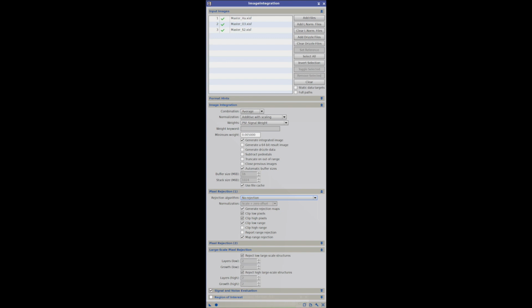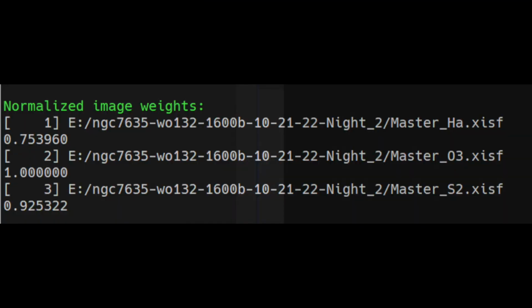They're brought into the tool, which is set up in a very simplified way, doing an averaging method for a combination, and we'll disable rejection since that's not the kind of thing we're trying to deal with here. The image integration tool combines